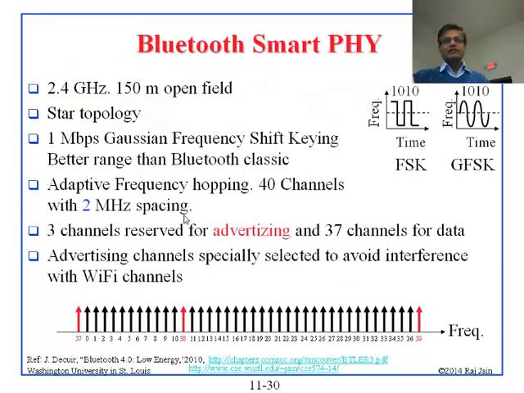All right. Now the Smart PHY. Smart PHY uses the same 2.4 gigahertz. It uses the same topology. It uses Gaussian frequency shift keying, the same as before. And so I explain here Gaussian. What is Gaussian about it is that